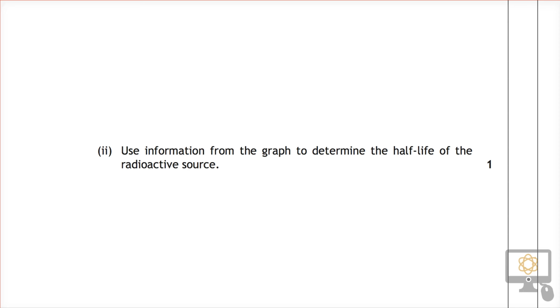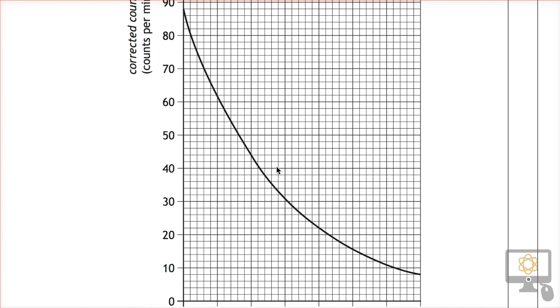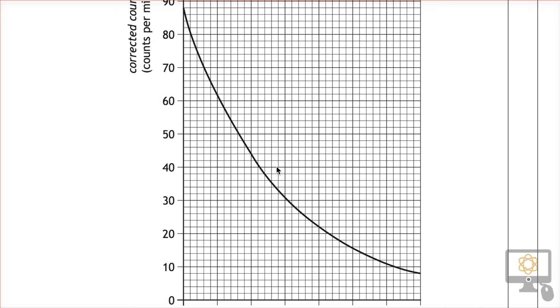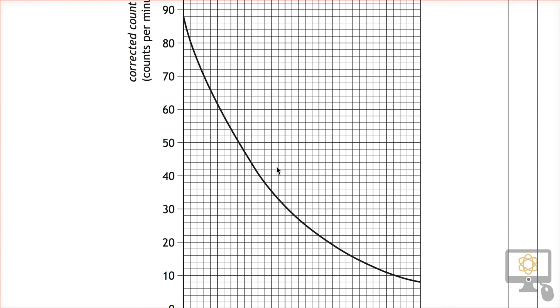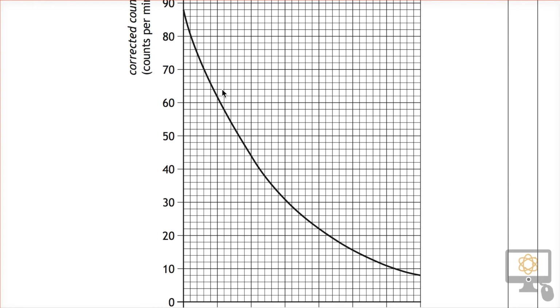So we're going to now look at question 6b part 2 from the 2014 National 5 Physics paper. It says use information from the graph to determine the half-life of the radioactive source. So if we look at the graph, we want to use this graph to determine the half-life of the radioactive source. Now, I can't quite get the graph into the screen, but we can see that the graph starts at